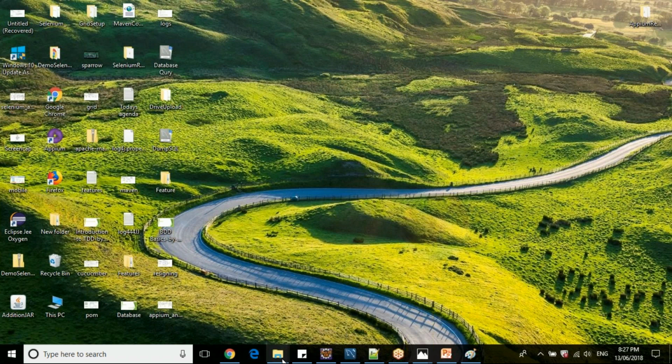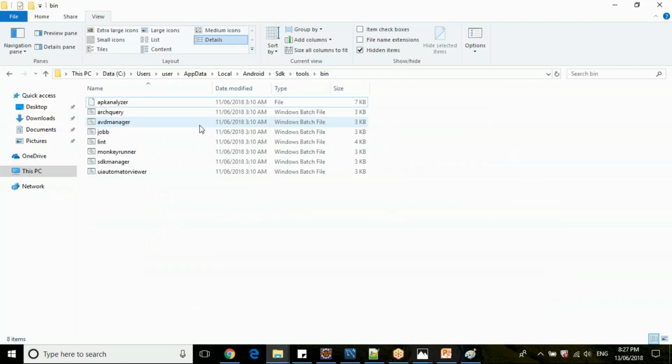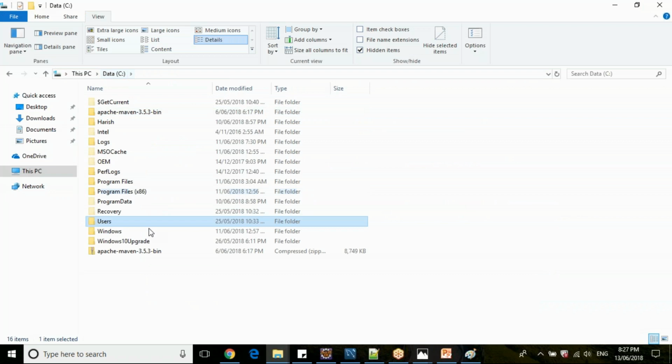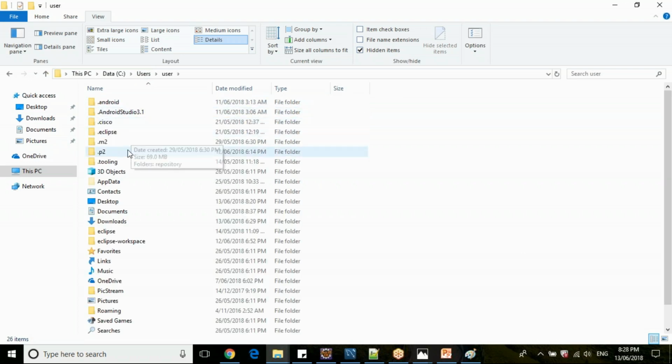Install your Android SDK. Once you install your Android SDK, go to the C drive, go to the users folder, and select the user you are logged in with. I'm repeating it again, Pallavi, so that you can follow. So go to the users folder, just select which user you are logged in.